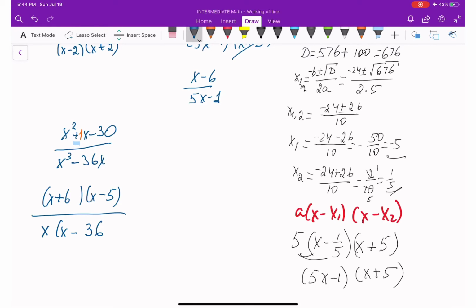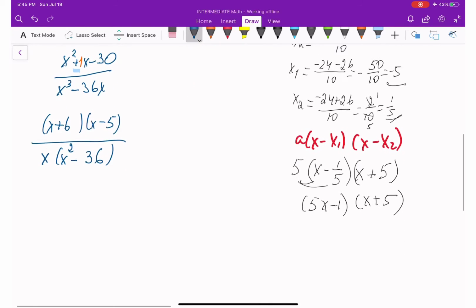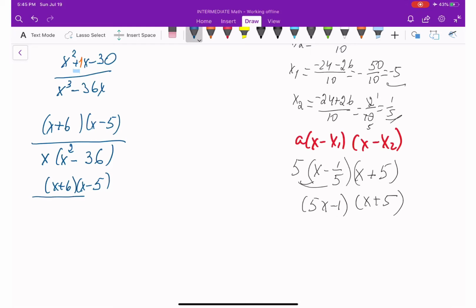So if it's a cube, then if I take x out, x cubed divided by x, I'll get x squared. Yeah, of course, this will be much more interesting. So the result we are going to get is x plus 6, x minus 5. This x is going to stay the way it is, but x squared